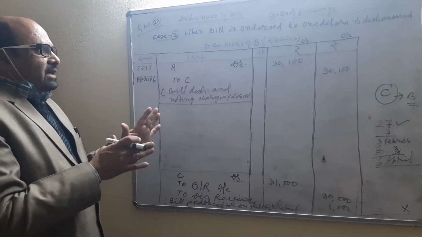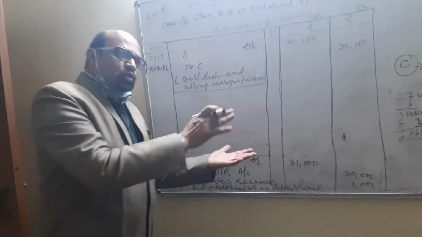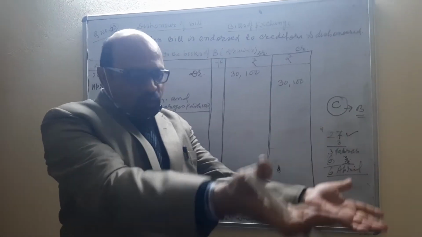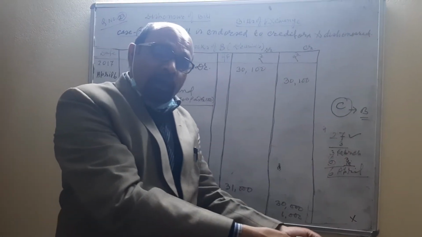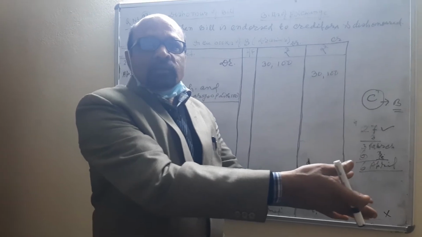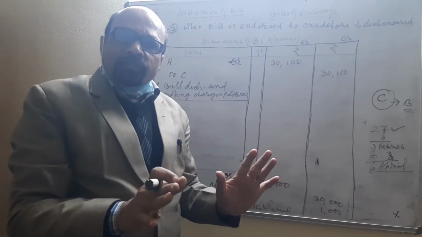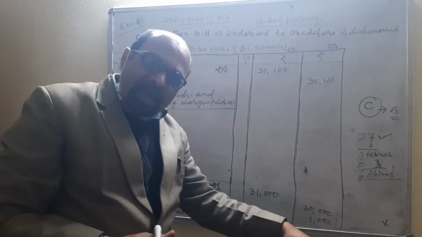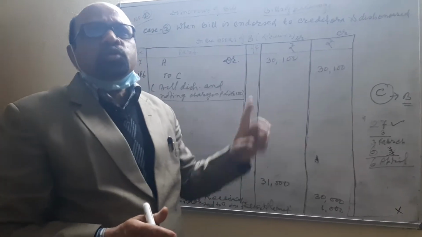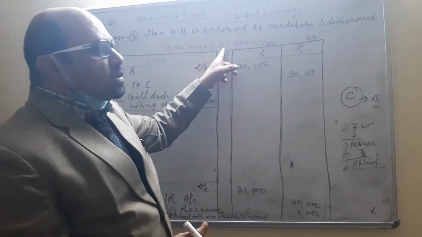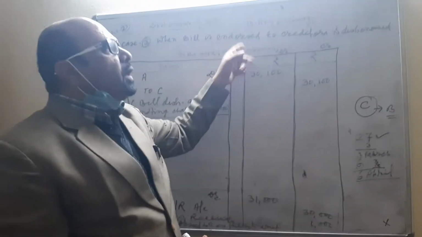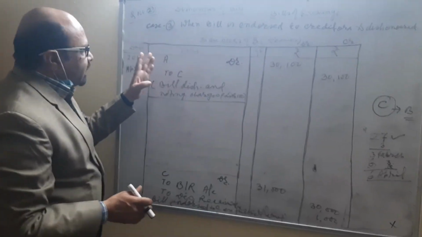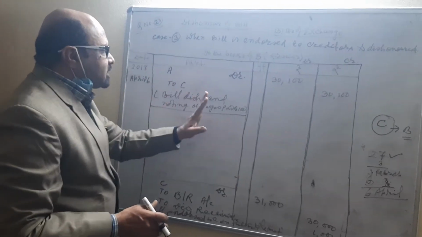But now what happened in general business also, right? The endorsee gives the bill to whom? To the drawer. The endorsee says, take your bill, your party did not pay the money, you give me the cash, and you also give me the noting charges, right? Who will take all these things, all the amount? The endorsee takes, claims all the amount to whom? To the drawer. That means to whom? To B. Now B will claim to A, that is the drawee. So here we will write A to C being bill dishonored.